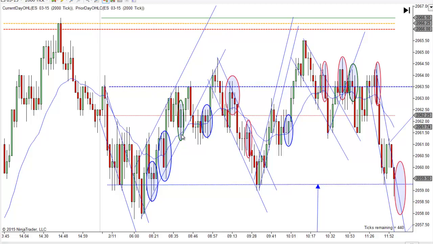And then you get another little two-legged pullback. This actually went higher. We had an entry just like this yesterday. It looks like a two-legged pullback. I marked it in green. It didn't close on its high, and the next bar didn't break higher and ended as a doji inside. That's telling you something. That's a clue. People are always asking me, what was your clue that you probably don't want to take that trade? And that's it right there. The fact that this little doji closed as a doji, plus it was inside, it couldn't go higher. That's telling you something. That's just a clue that